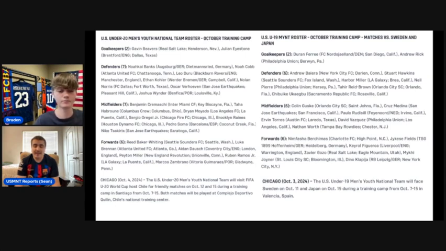For the U19s, I think it's a really, really strong group, to be honest with you. Berchimas getting demoted from the U20s is a blessing for this team. I think he's going to be the best winger on this roster, in my opinion. Selfishly, I kind of want him to not be with the U20s group, so he'll be with the U17s at the World Cup. I think that would be pretty exciting to see. But, you know, he got off to a slow start in Next Pro this season, but he's picked it up recently and he's got his goal tally up to 6.